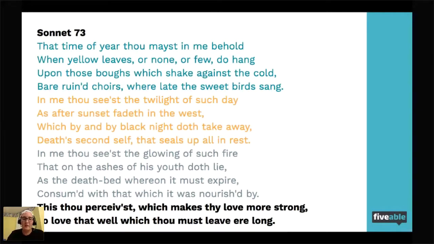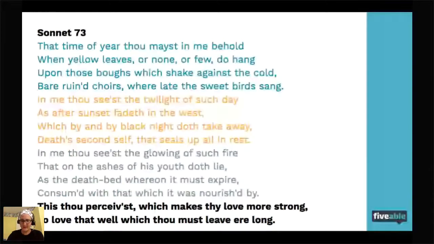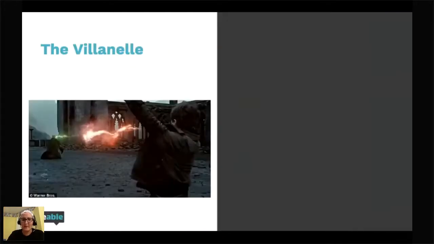So the last two lines make the poem not about, a lot of people will see, oh, this is about the seasons changing. It's like, no, it's actually about a guy talking to his lover saying, I'm getting old, but the last two lines say that your love gives me strength, basically. It's more than that. I'm really glossing over it, but that's what I mean by the last two lines making the poem have meaning. Hopefully that makes sense. Like I said, I'm going through it.